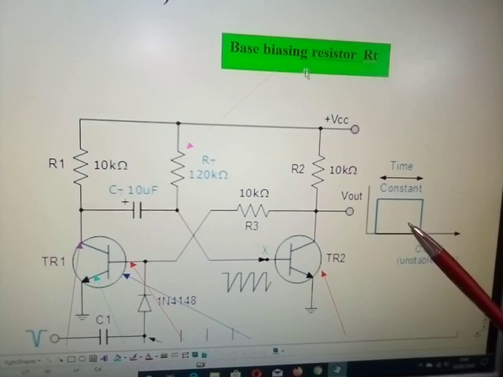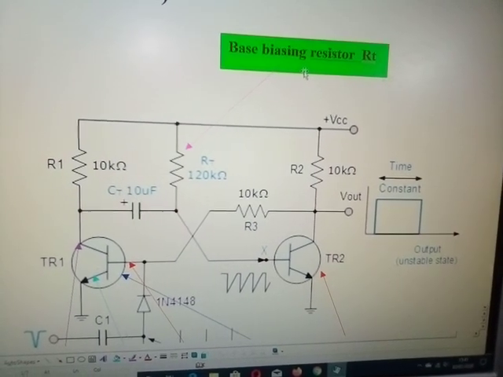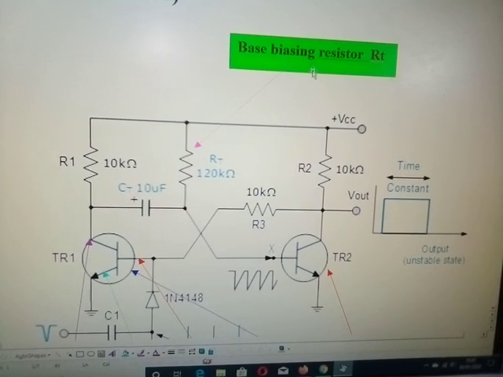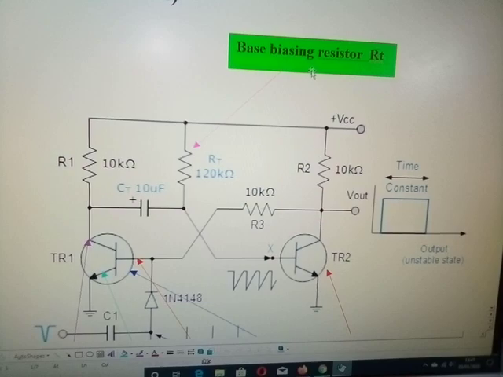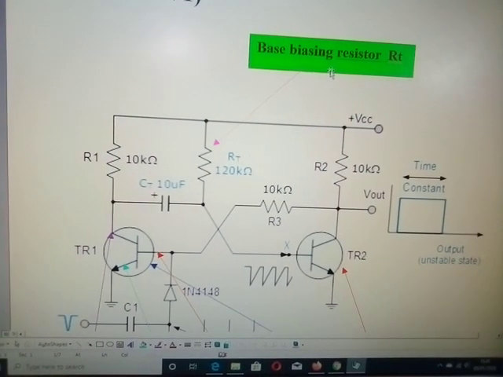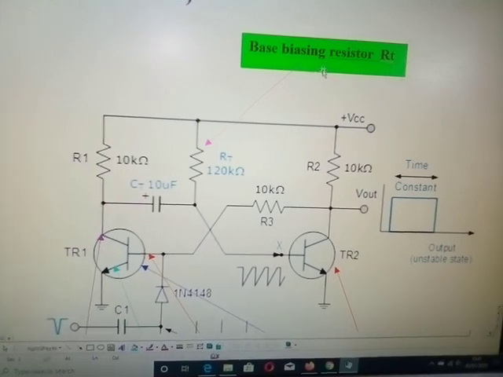The time constant, now T equals C times R if I remember correctly, but please check that up for yourselves. I'm just doing this from memory at the moment, and sometimes my memory fails me all the time, so please do forgive me. Okay, right, now